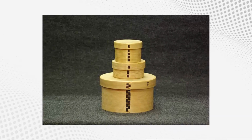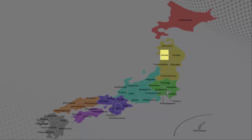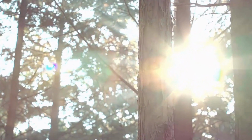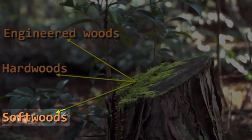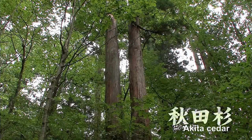Viewers who have watched my videos may know about Magemono, not only one, but many bentwood work production places across Japan. In the field of Magemono, mainly softwoods are used, and woodworkers use logs of local wood species. In the case of Akita Odate Bentwork, the woodworkers use local Akita-sugi cedar,